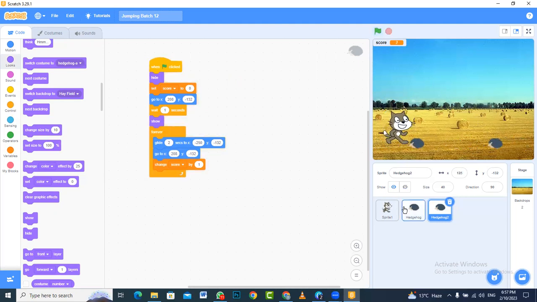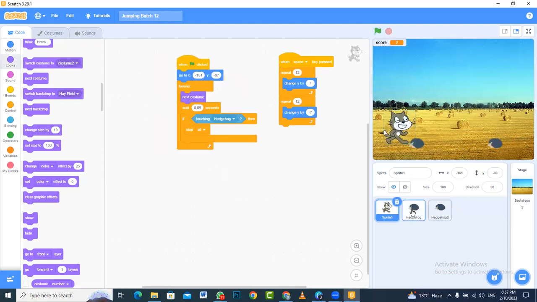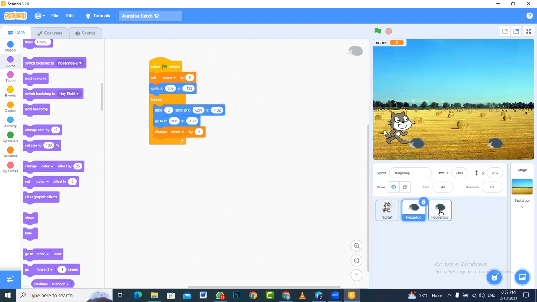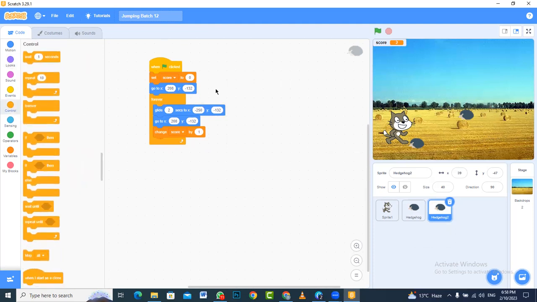Okay. So you have already created the code for this and the code for this. All you need to do is just duplicate that. I will show you the process once again. Duplicate this hedgehog to make this game more interesting and just ask your hedgehog to wait for 1 second before starting to loop, before starting to move and reappear on your screen. You are just going to ask the second hedgehog, see, hedgehog 2, to wait for 1 second